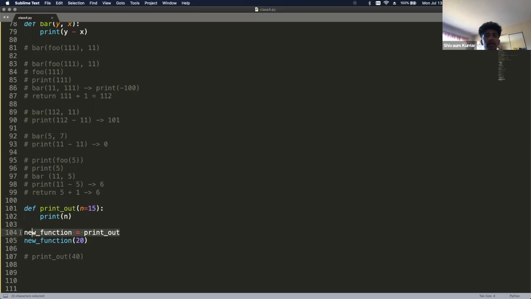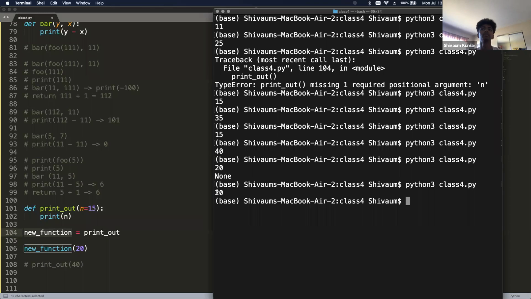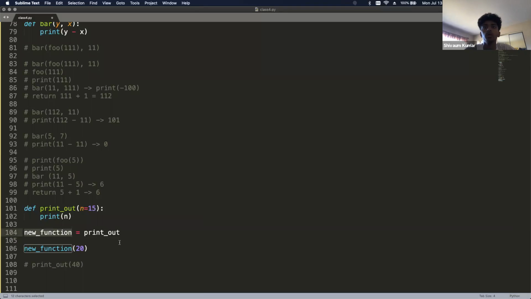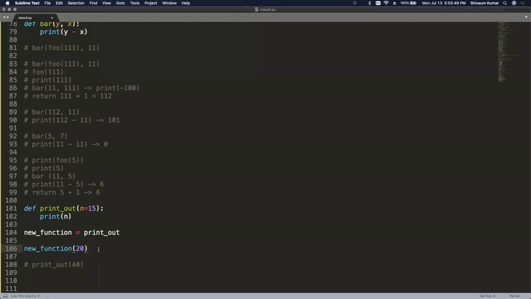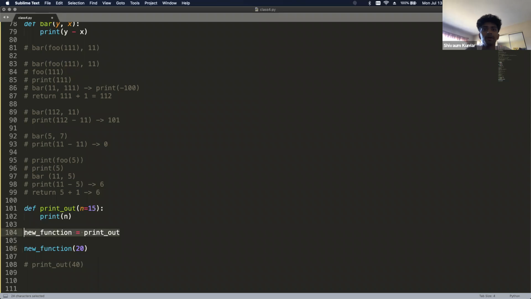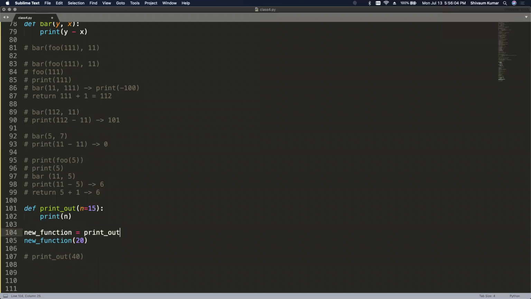This basically means that you can assign functions to variables. So if I wanted to, for some reason, create a copy of some function, I can assign it to a variable and then use that new name to call that function. Could you also just change it in the definition part on line 101? Yeah, you can do that too. There are some cases where you need this, but I won't go into that right now. So yeah, you can also change that.